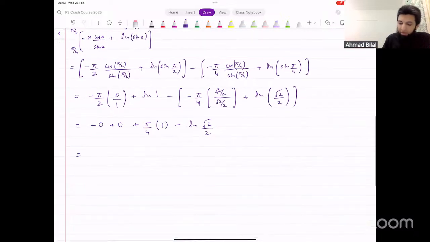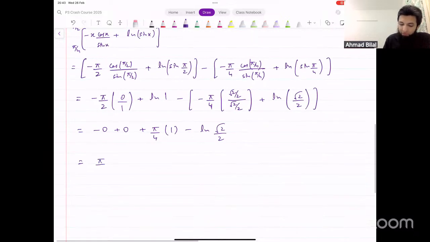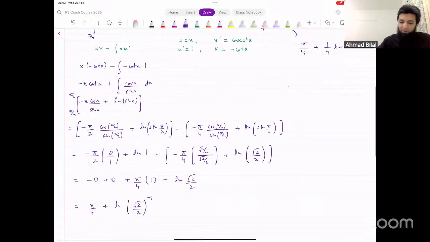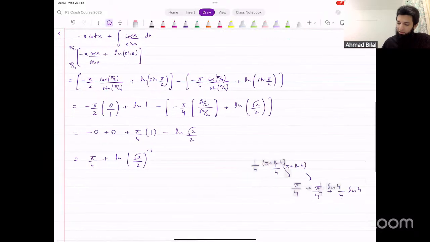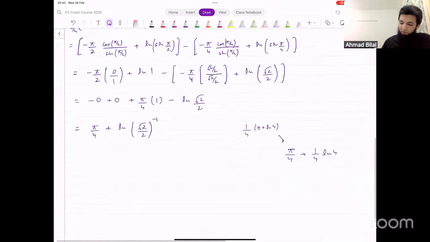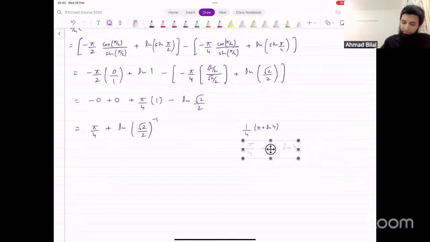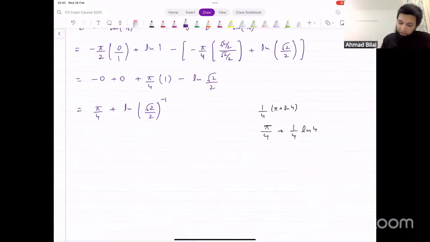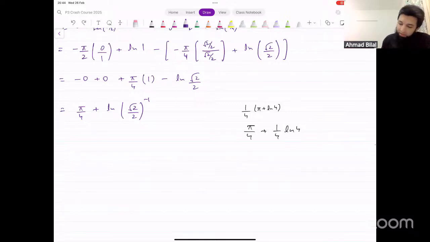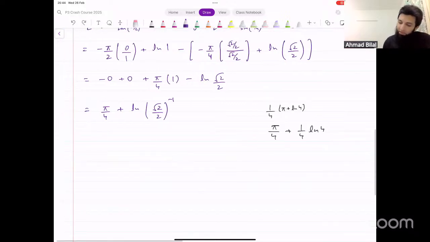We can take that negative to the power. So we have pi over 4 plus ln of square root of 2 over 2 power minus 1. What I'll do is I will keep this in front so we know what we want at the end. Okay, this is what we want at the end, the expression on the right side. And that's the final result that we want. Okay. So we have pi over 4 plus this. I took that negative sign to the power so that I have a plus sign here. Now,